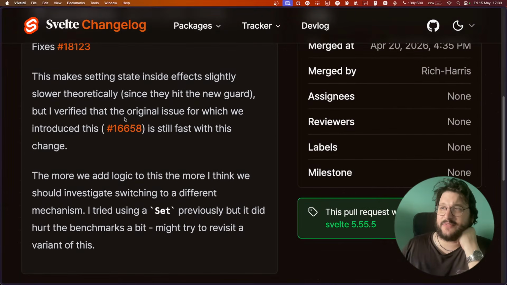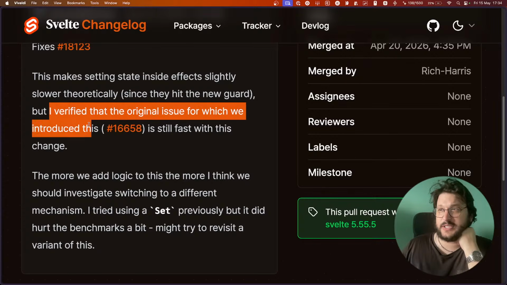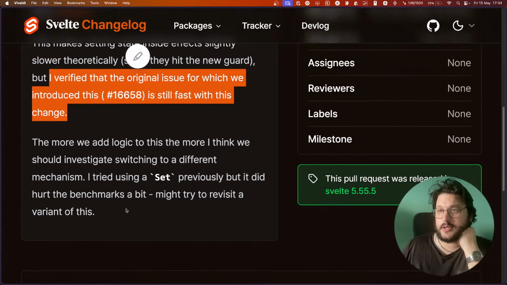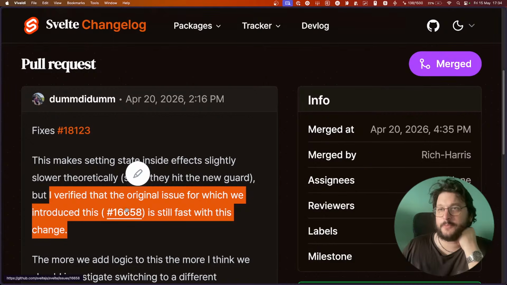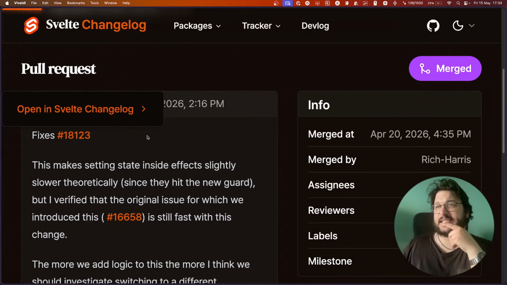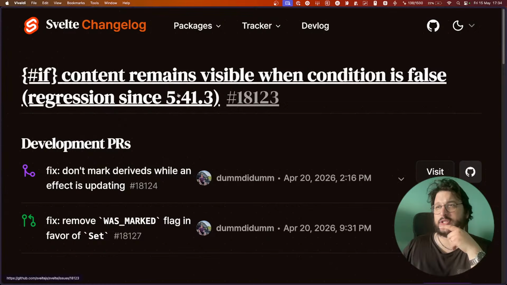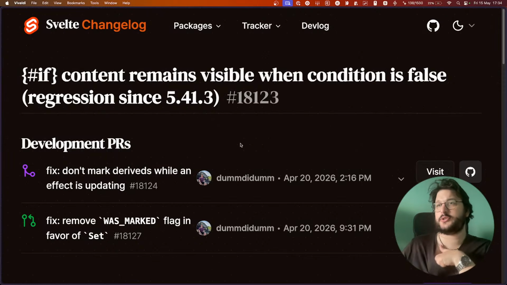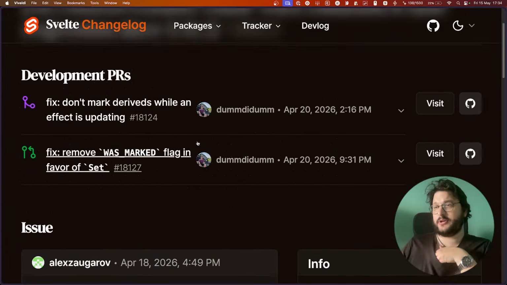Setting state inside effect is slightly slower theoretically since it's a new word, but I verified the original issue for which we introduced this is still fast with this change. Yeah, okay, so it fixes this issue here, which is if content remain visible when condition is false, which is a regression.